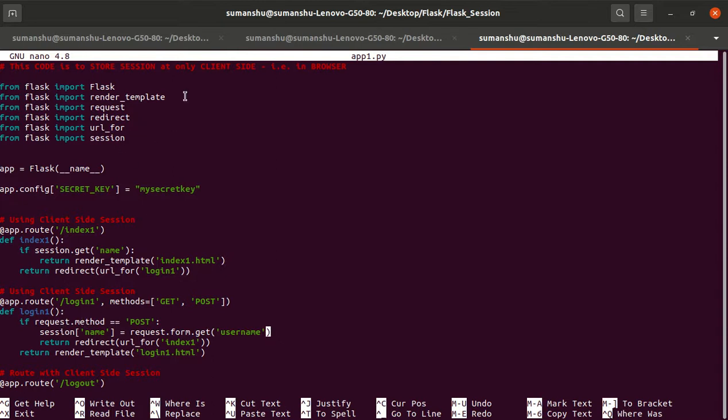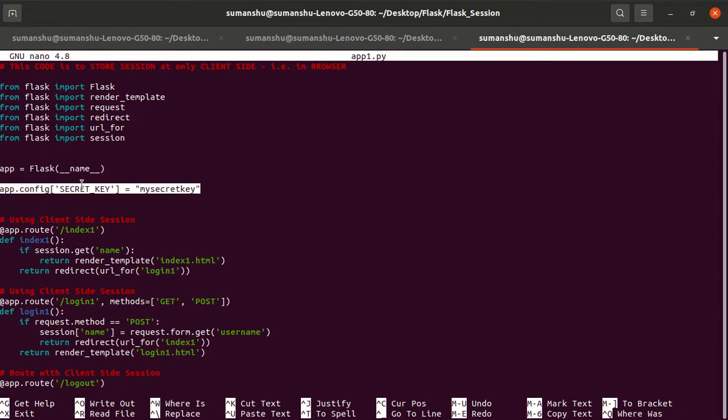And to store the things on the client side itself, we use this session variable, or you can say session dictionary. Along with that, we need to use the secret key config in the configuration.